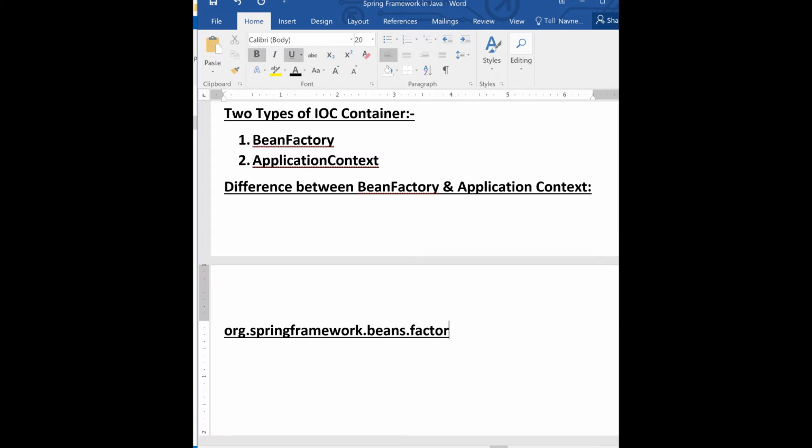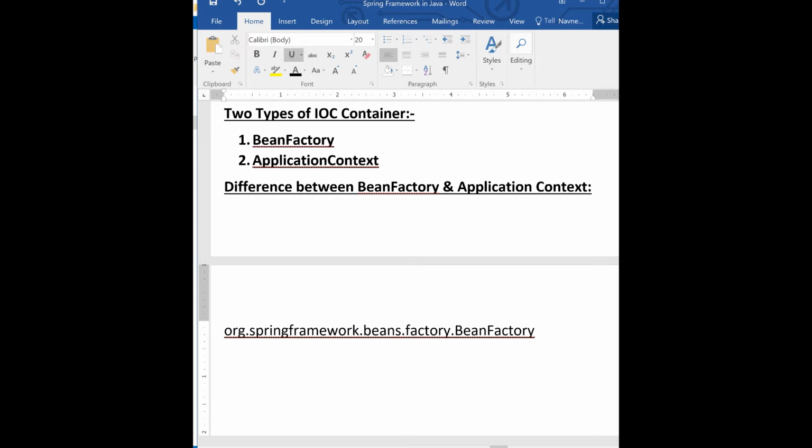Remember, stay and remember. This is a very small package, and we have a class BeanFactory. Sorry, this is an interface, and the other is also an interface. So we have two interfaces, BeanFactory and ApplicationContext.